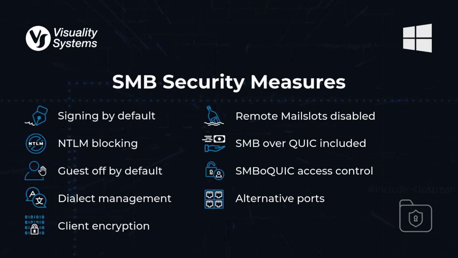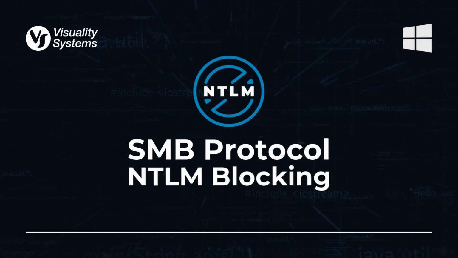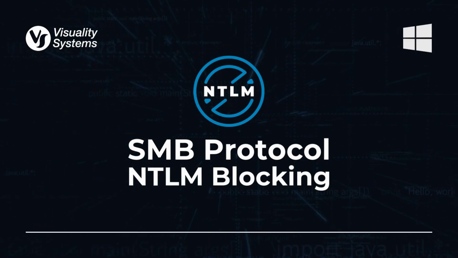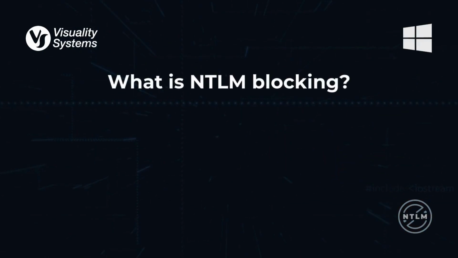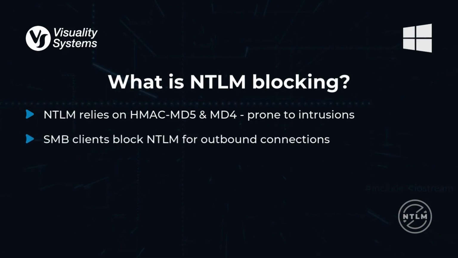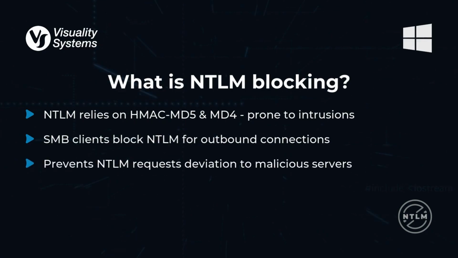Building on authentication integrity, let's now look at how SMB is moving forward by blocking NTLM. This feature reduces exposure to attacks by limiting the use of outdated NTLM authentication and instead relying on the more secure Kerberos protocol. NTLM blocking aims to enhance security by reducing the dependency on NTLM, an authentication protocol that uses outdated algorithms like HMAC-MD5 and MD4 that are vulnerable to attacks. SMB clients now block NTLM for outbound connections, preventing NTLM requests from being diverted to potentially malicious servers. This shift aligns with the